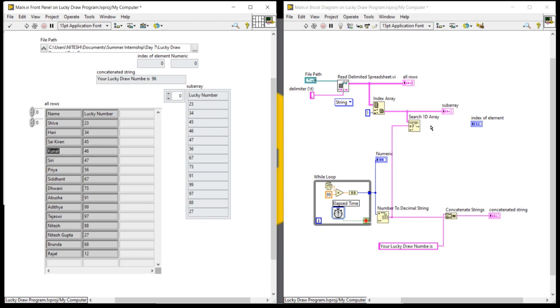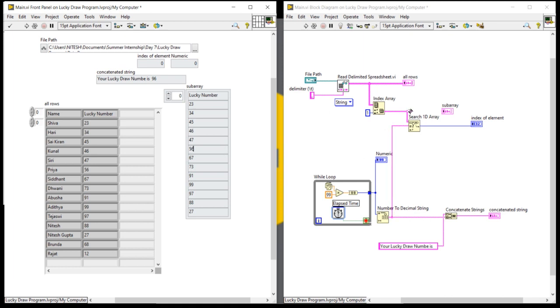Just suppose it generates 94. 94 is not present in the database, so it will generate -1. If it is present, suppose it generates 56, the index element will display location 6.